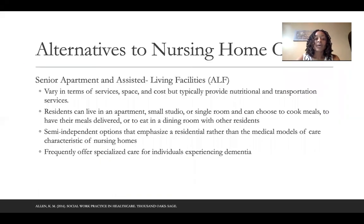And also assisted living facilities is another alternative to nursing home care. And this varies in terms of service, space, and cost. They typically provide nutritional and transportation services. Residents can live in an apartment, a small studio, or a single room, and they can choose to cook their meals or have their meals delivered, or they can choose to eat in a common dining hall area with other